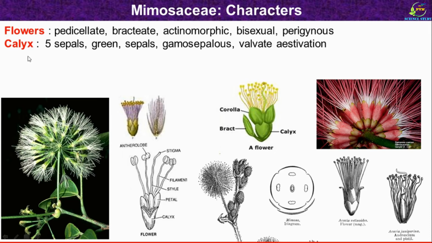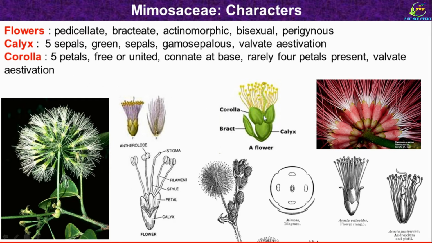Then regarding calyx of the flower, this is the calyx of typical flower of Mimosacea member. The calyx is made up of 5 sepals. Here also you can see the 5 sepals which are united and so described as gamosepalous. Dear friends, we know that gamo means united. Here all sepals are united. The estivation is valvate estivation. Then next floral whorl is corolla.